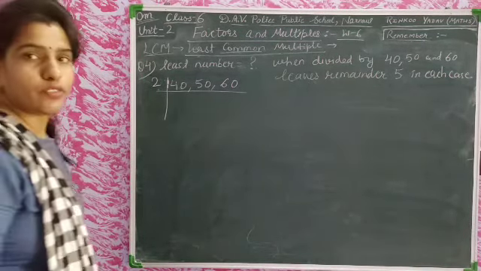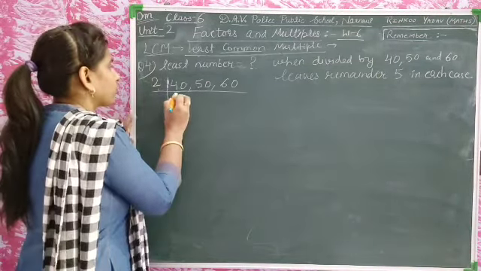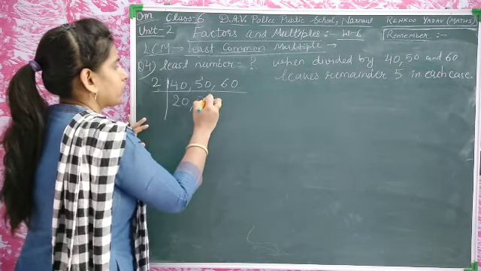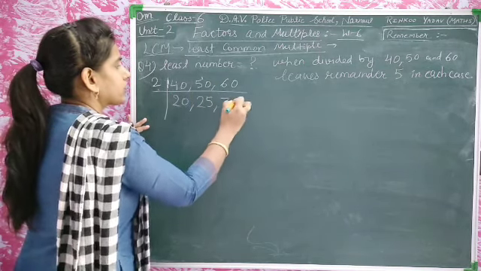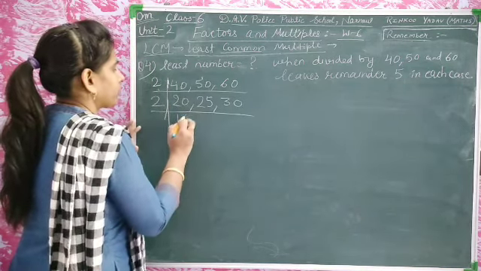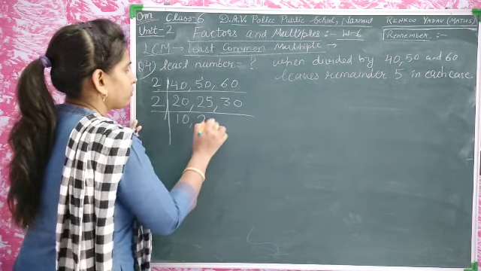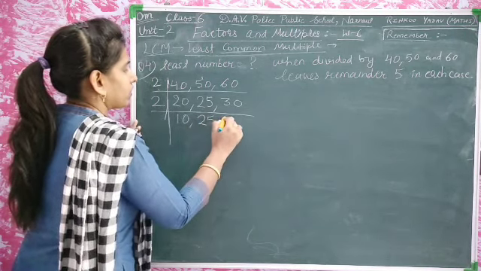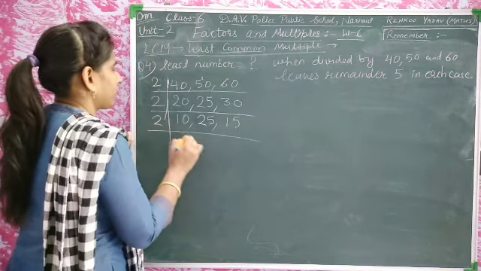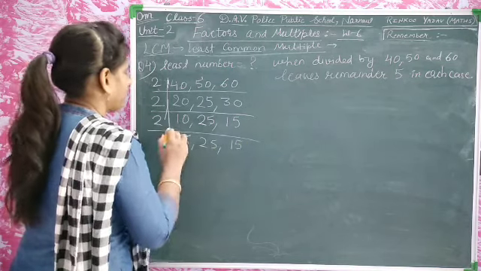Now students, it will be divided by 2. 2 to the 4, 0. 2 to the 4, 1 is remainder, 2 5 are 10. 2 3 are 6, 0. And now it will be divided by 2, 2 10 are 20. It is not divided by 2, so it will be taken as well. 2 1 are 2, 2 5 are 10. And this is also divided by 2, 2 5 are 10, 25 and 15 as well.